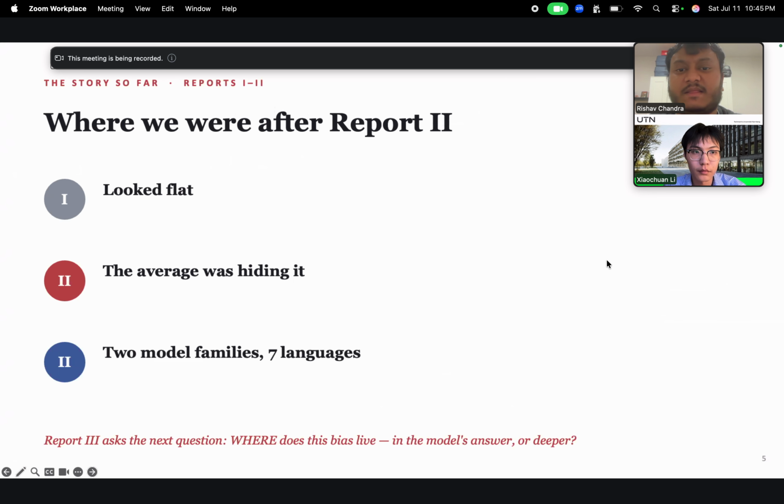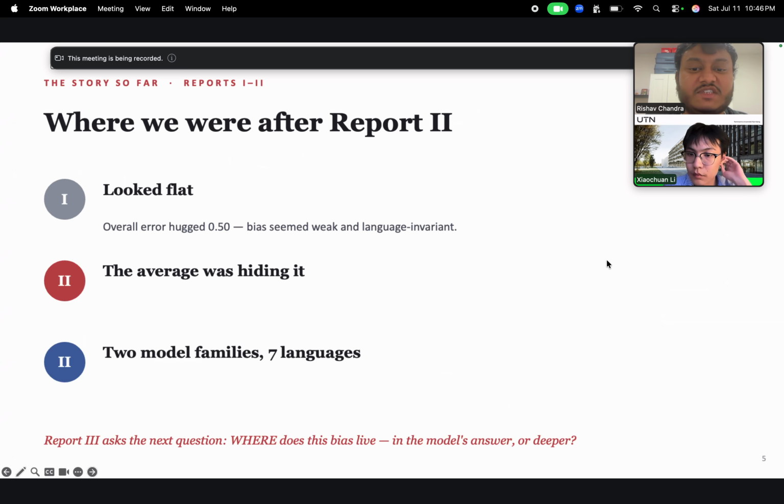Now, the story so far. In reports 1 and 2, we initially believed there was almost no effect. The average error rate stayed close to 50%, which suggested that the bias was relatively weak and did not depend much on language. However, when we analyzed the data more carefully, we realized that this average was hiding some important